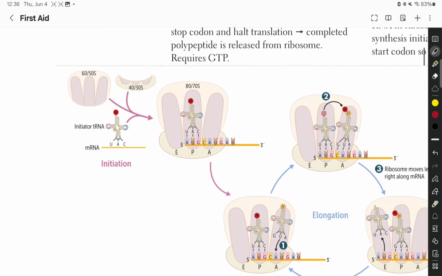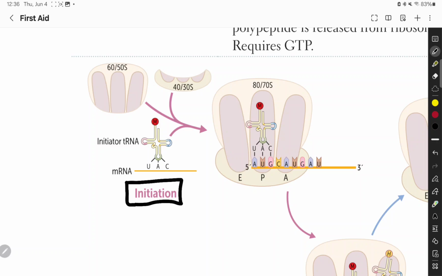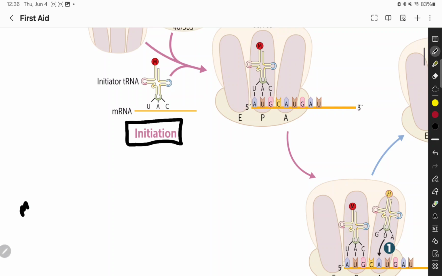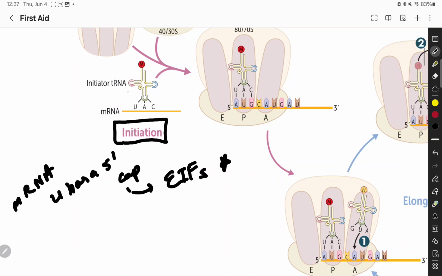So what you need to remember is that there is initiation. How does initiation take place? If you remember, I taught this in my previous video that messenger RNA has a 5' cap. This 5' cap is recognized by eukaryotic initiation factors. These initiation factors recognize the messenger RNA, and they assemble the 40S ribosomal subunit with the